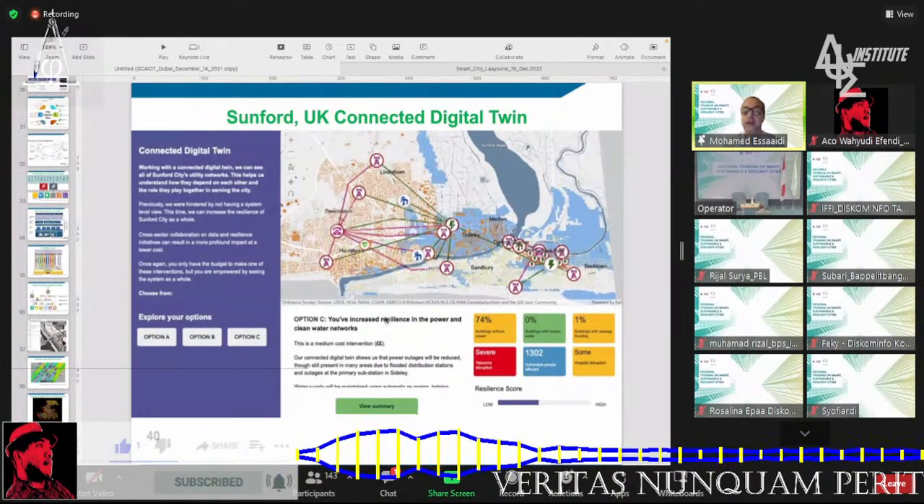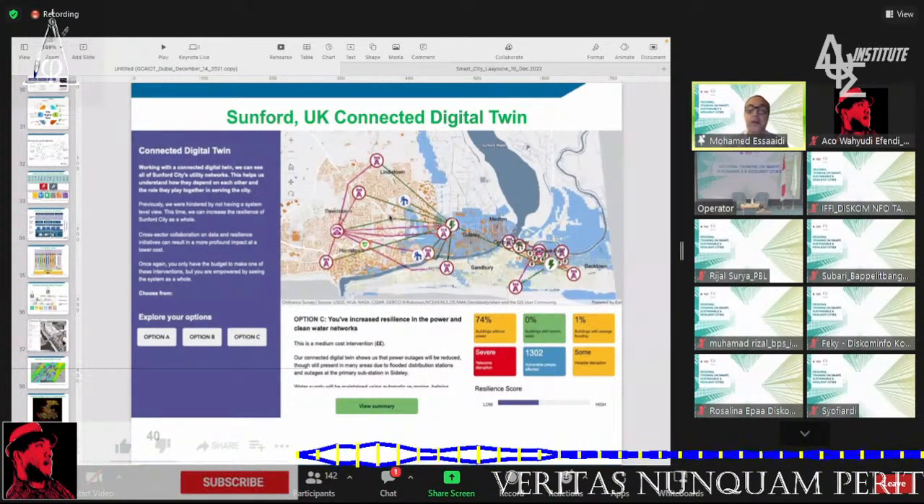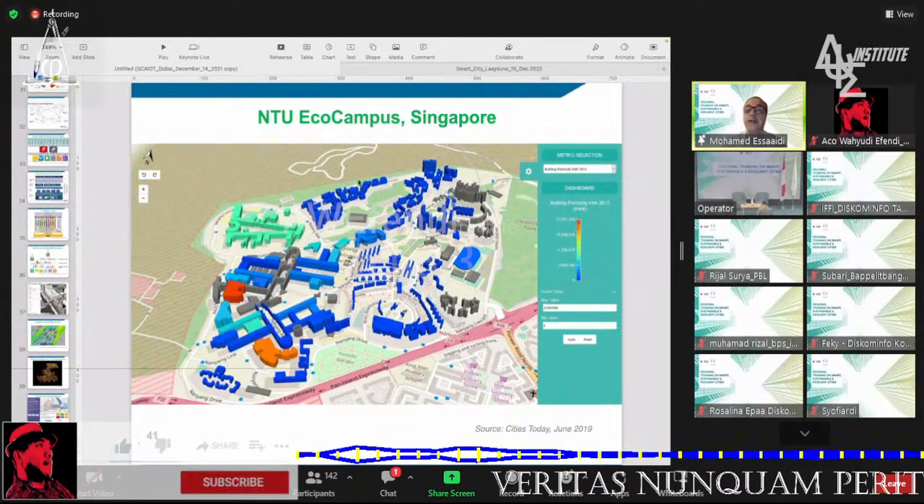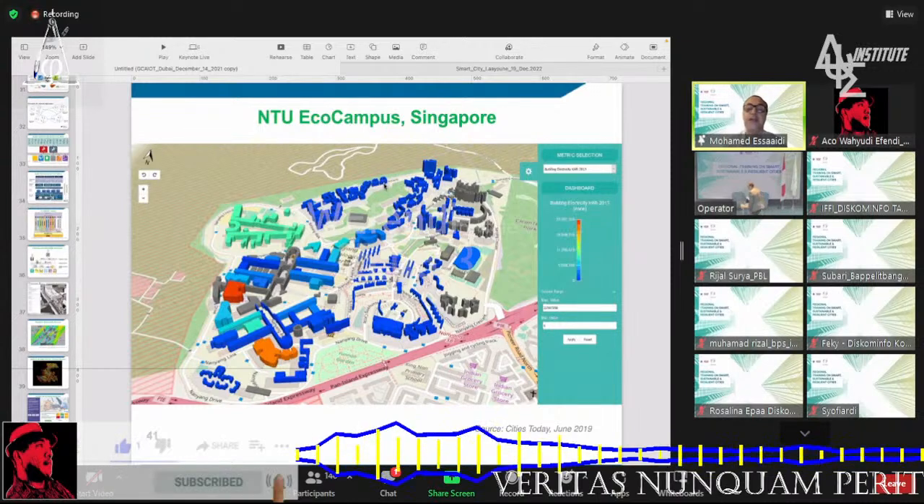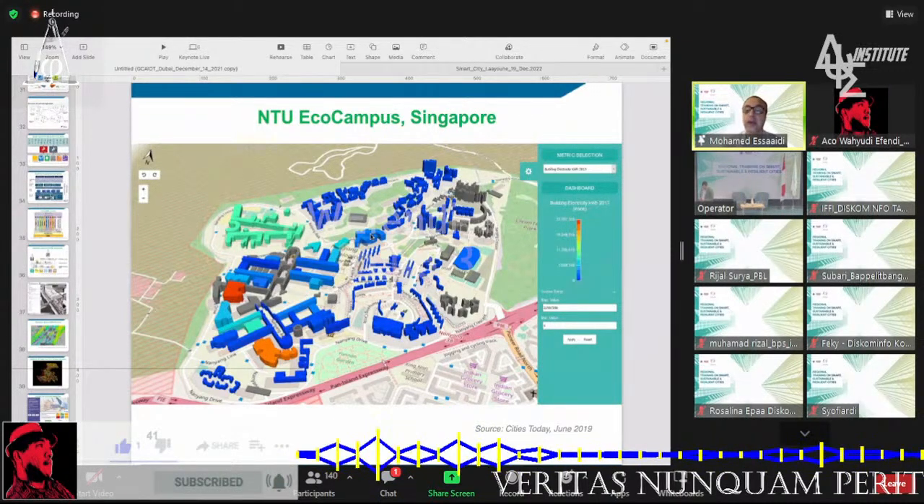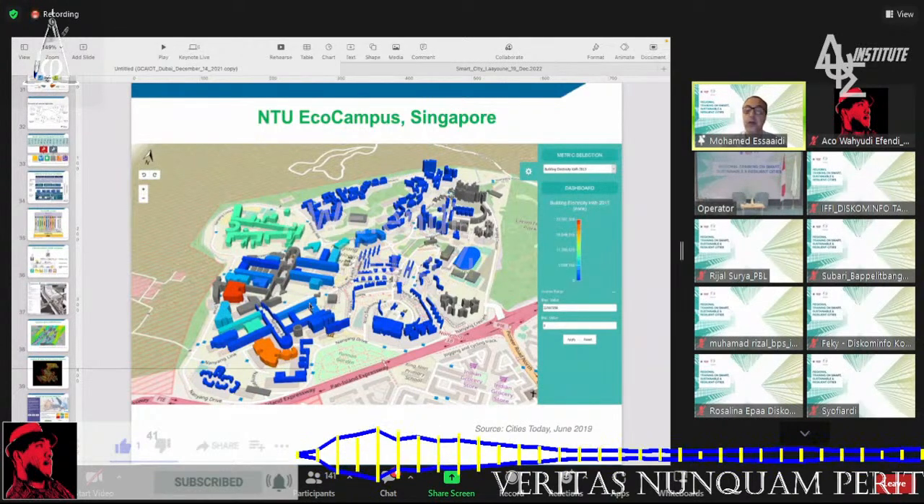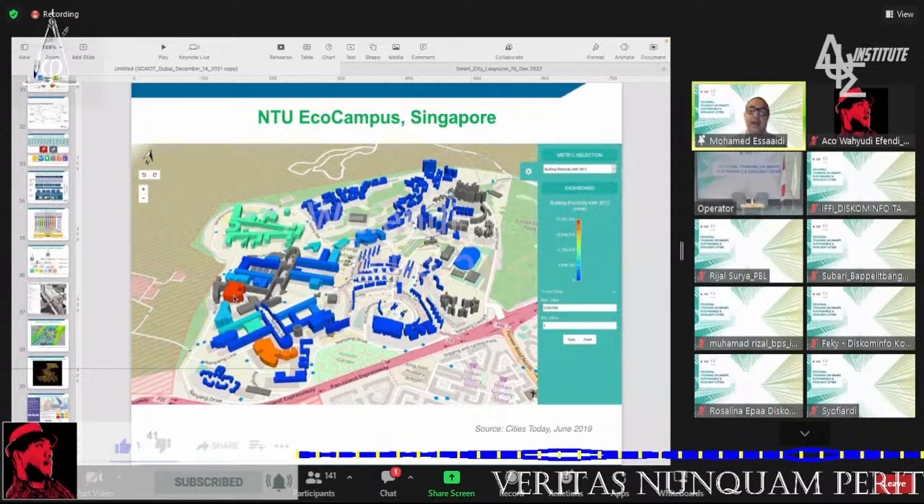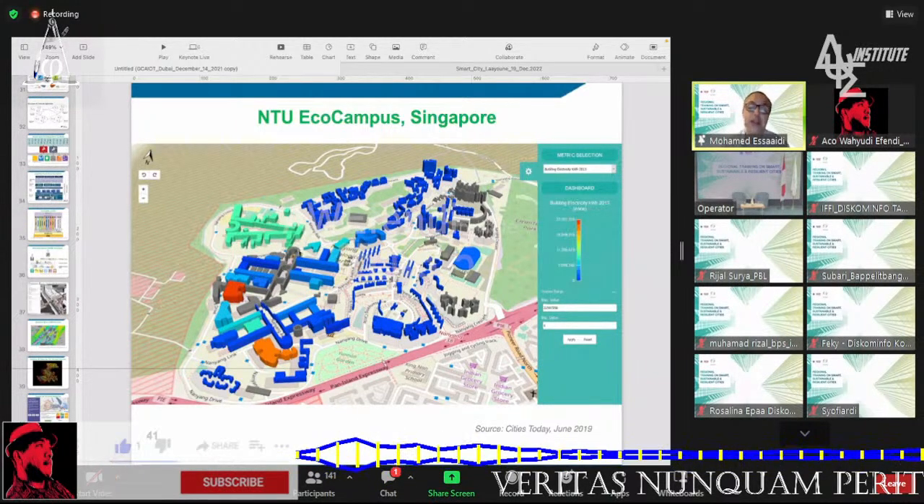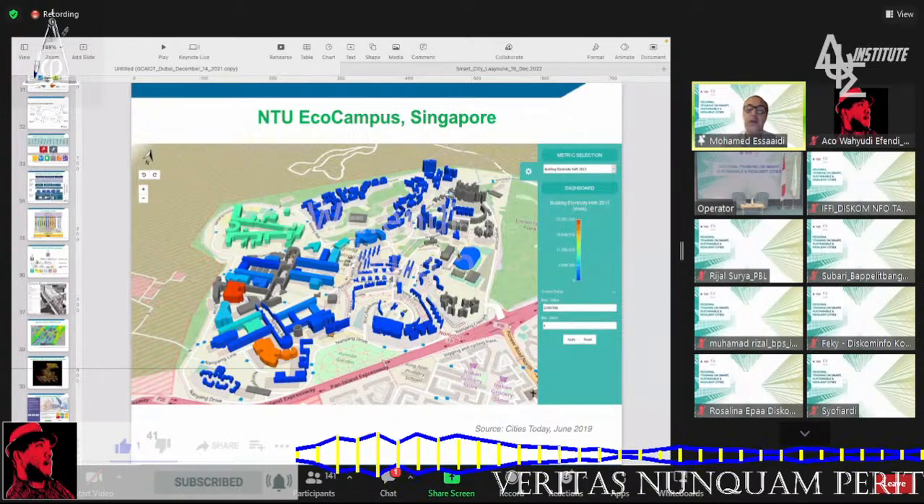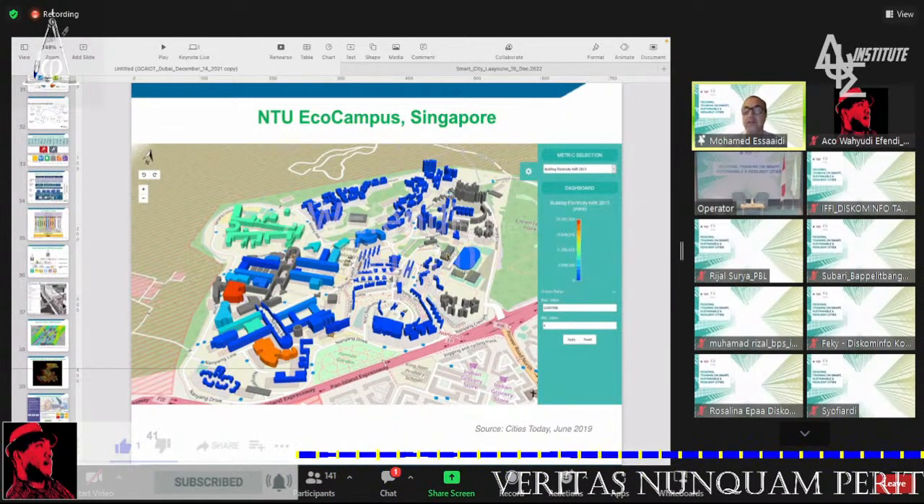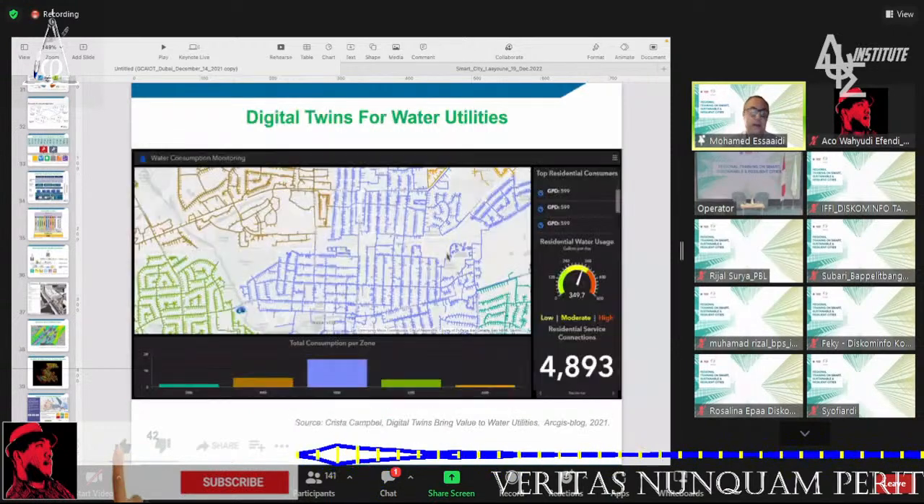Stanford UK Connected Digital Twin is also using digital twin to monitor the city operation here. There are different colors. Even a small campus, here the university campus in Nanyang Technological University, Singapore, has a digital twin that allows to monitor energy. So red buildings refer to high energy consumption. This may be the data center or the high performance computing platform of the university. The blue ones are the less energy consuming